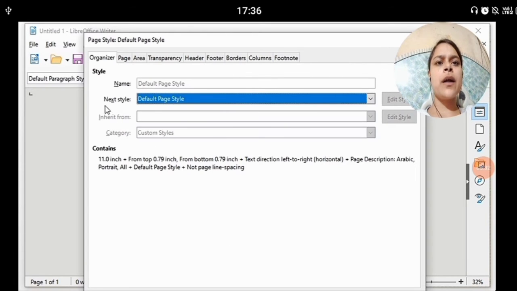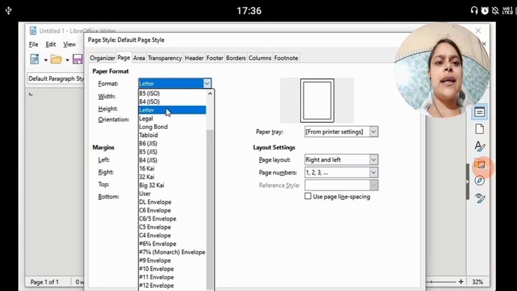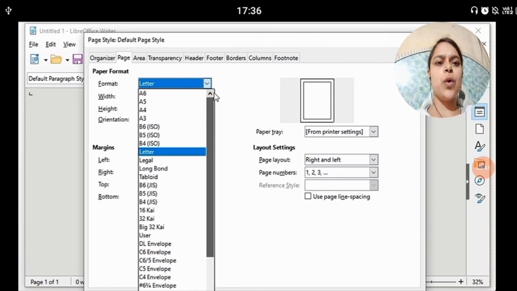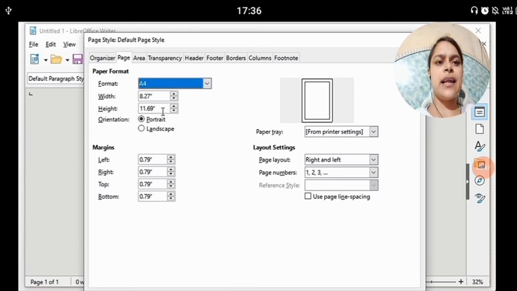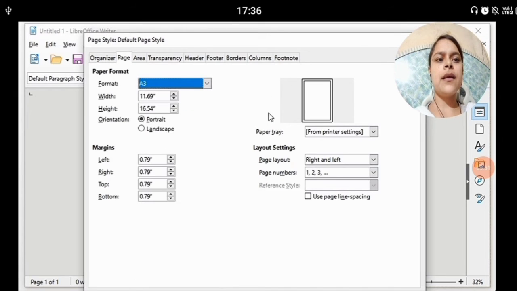Now our Page tab is not selected by default, so we will select it and make changes in it. We want to change paper format like letter, A3, A4, A5. So we will select according to our choice. You can see the preview also.